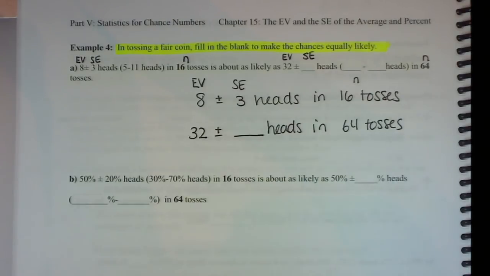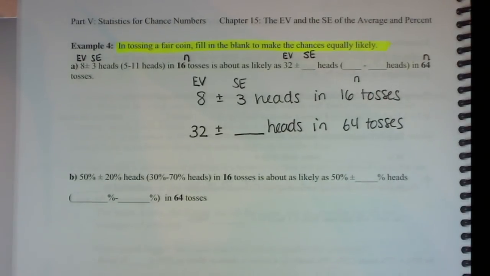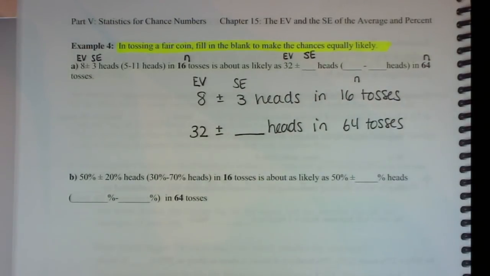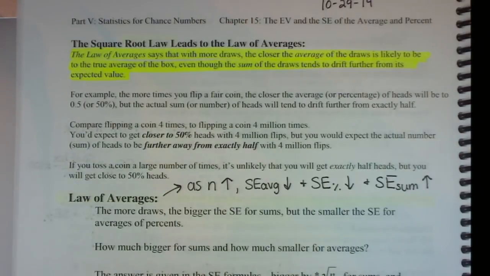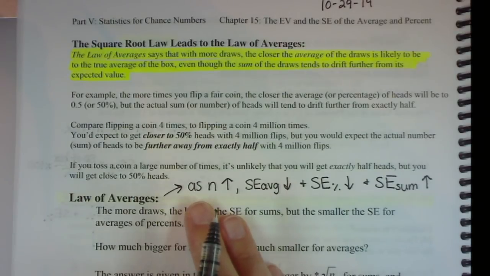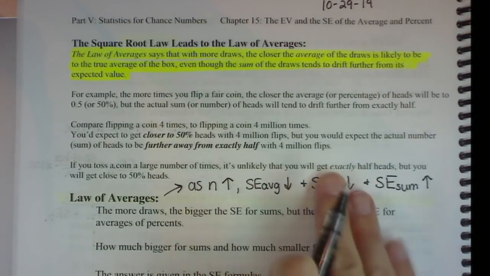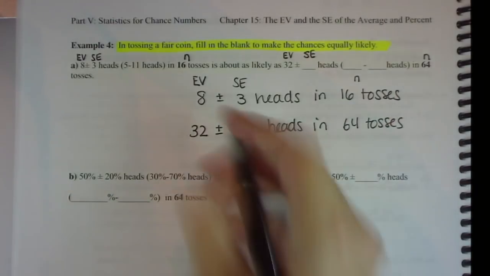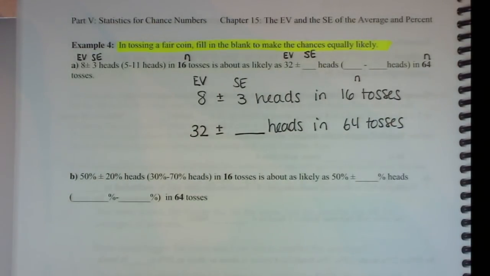And so I can use the law of averages to say, what does the law of averages say? I know n is going up, right? From 16 to 64, n is increasing. And the law of averages says as n gets bigger, this is what happens to the standard error. So I have to decide, am I dealing with sums, averages, or percents? And the nice thing is, since I'm counting up how many heads I get, I'm going to deal with sums